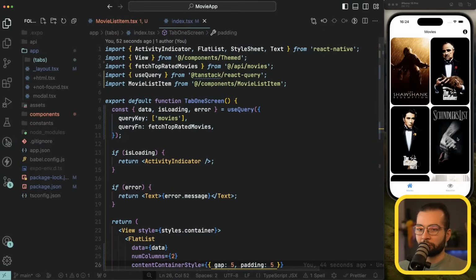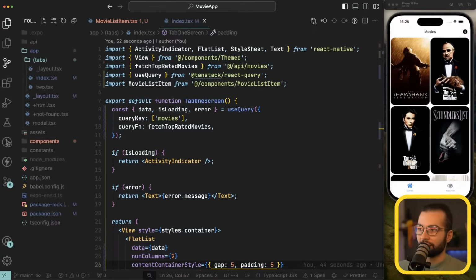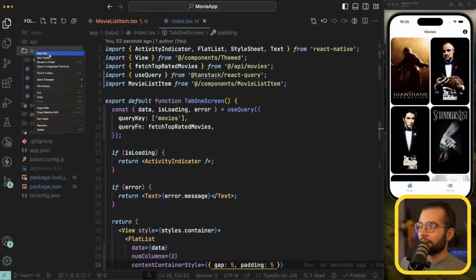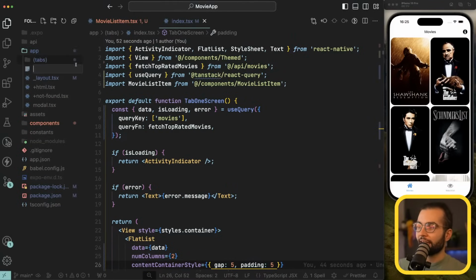Now, the question is, where do we want to create it? If we create it under the tabs folder, it's going to become a new tab here. We can create a new stack inside this movies tab to have a nested stack inside the tab, but I think that will complicate it a bit. So I'm going to simply create it in the root app directory, a new file, and because the screen for the details of a movie will have a dynamic path parameter to know what movie we want to display,